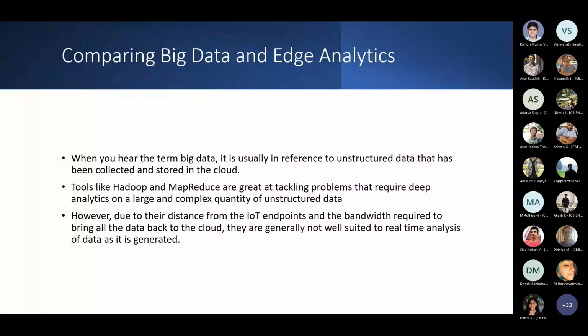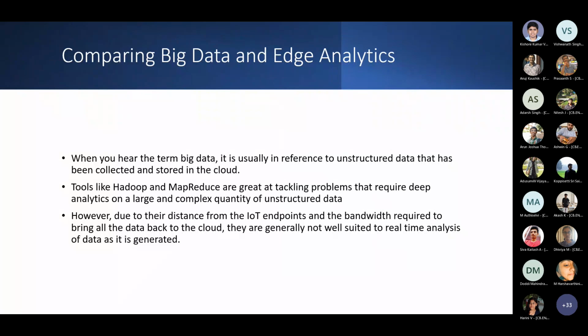Okay. And now very quickly, we look at the idea of big data and edge analytics. So here, when you talk about big data, you are looking at processing data at a central location. In edge computing, you are talking about processing data locally, mostly.